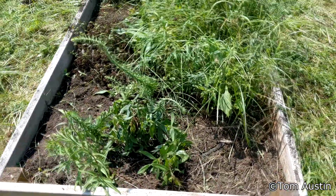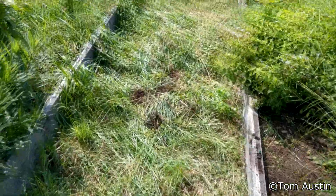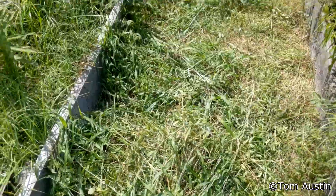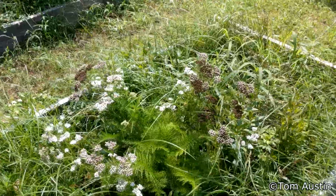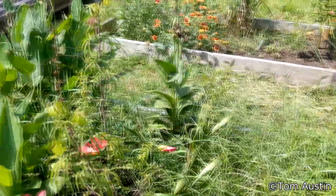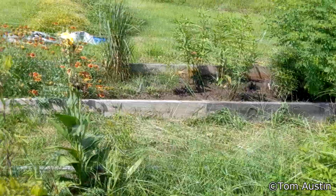It's thick. But the plants seem to be doing well. Nothing has gotten worse, everything has gotten better, as far as I can tell. And we actually have some butterflies now. It has been a horrid year for butterflies. There have been basically none. But we're finally seeing some